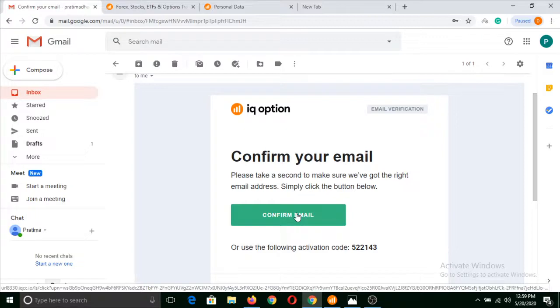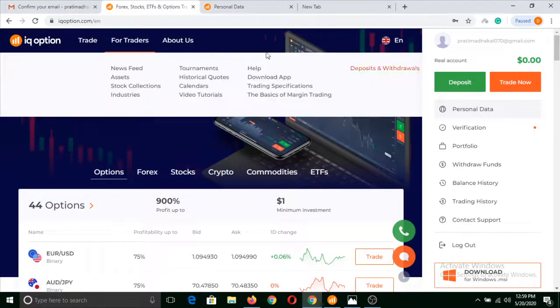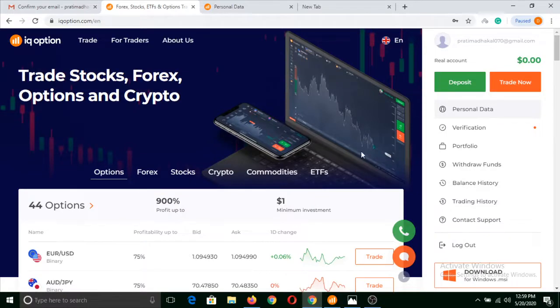Once you click on this confirm email, you'll see this kind of interface where you are already logged into IQOption. This means the sign up process of IQOption is finished. Now if you are from mobile, you can follow that step and simply fill the sign up form by putting your email address and password, and after making an account, you'll see this kind of interface on computer.